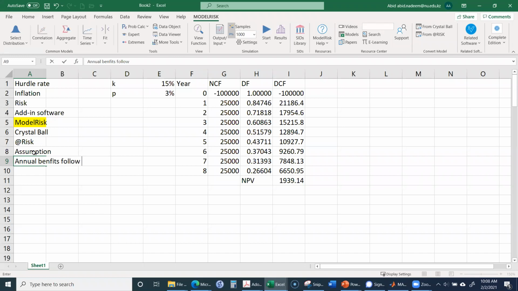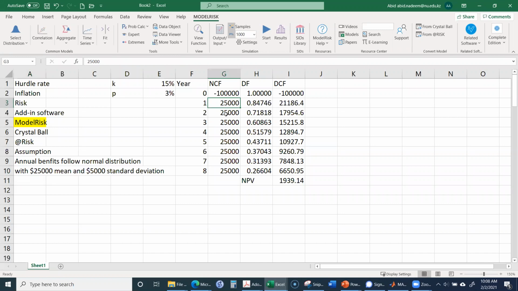follow normal distribution, with $25,000 average mean and about $5,000 standard deviation. The meaning of this is that